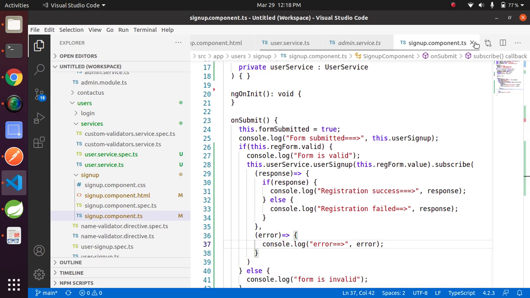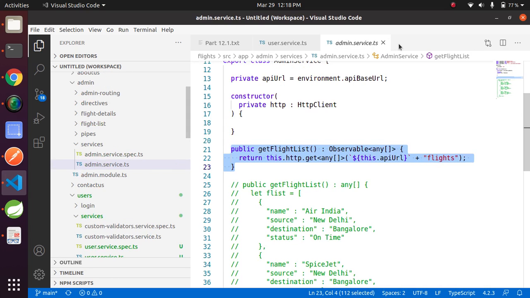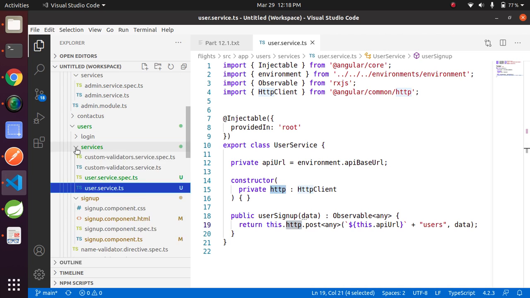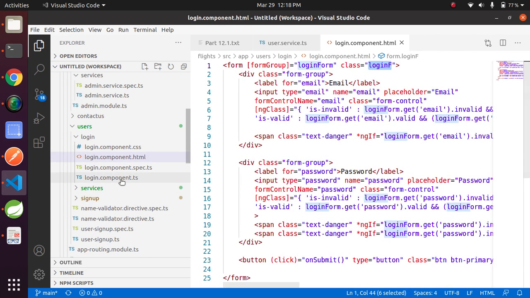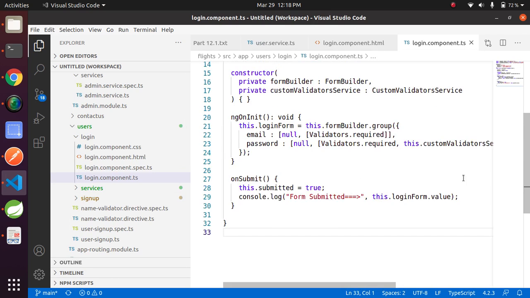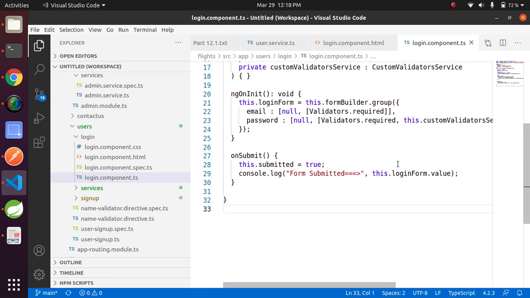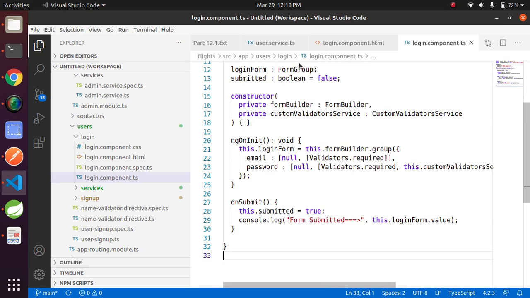Close the files sign up component.ts, sign up component HTML, admin service as well. This is not required, and open the login component. Now here, before adding the subscriber, let's add the observable for the login.